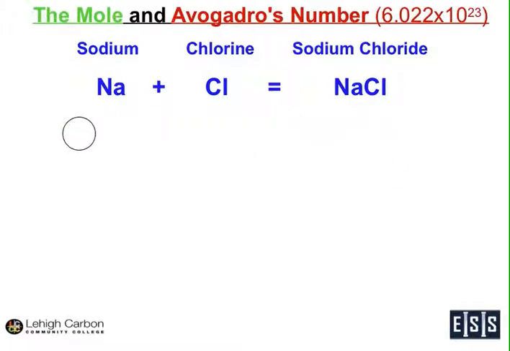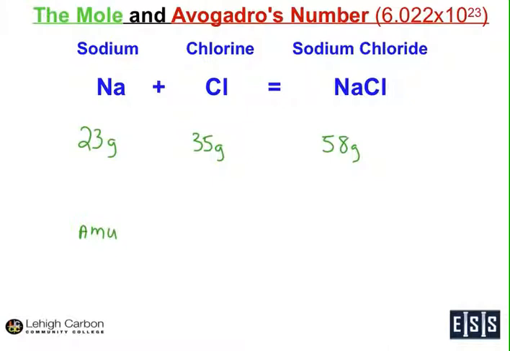So the unit they came up with, if you want to call it that, is the mole. If you remember, sodium was 23 AMUs. They said, well, what if we could come up with a way to just change that AMU to grams? So 23 grams of sodium. Chlorine was about 35 AMUs. What if we could get to 35 grams, and then added together you would form 58 grams of sodium chloride. And the way to get from